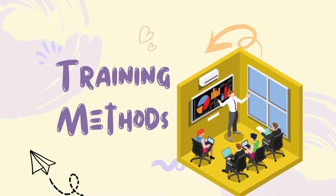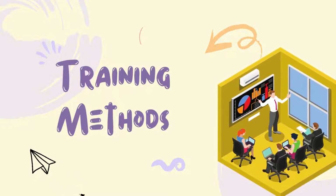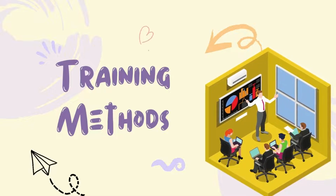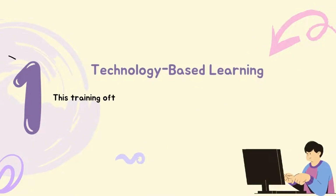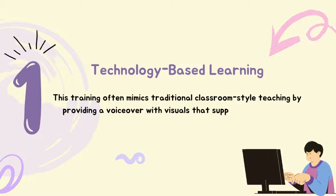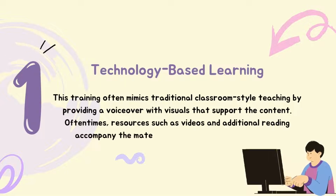What are the different types of training methods? The best training methods target all three learning styles, but it's also important to get to know what works best for your learners and tailor the material to them. Here is the list of 8 most effective employee training methods. First, technology-based learning. With the development of technology, computerized training is becoming more prevalent. It's sometimes referred to as computer-based training or CBT or e-learning, but it essentially refers to the same thing with one key difference. E-learning is hosted completely online while computer-based training encompasses any kind of training that takes place